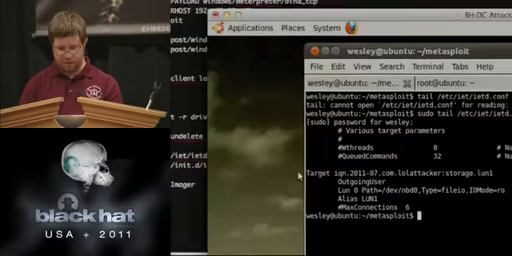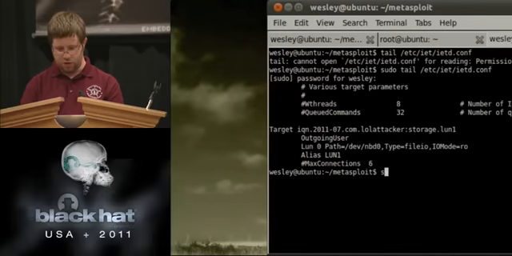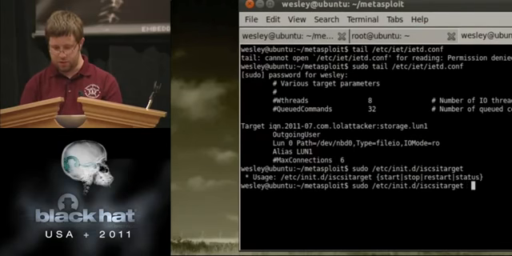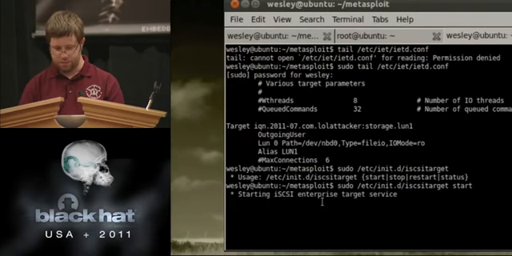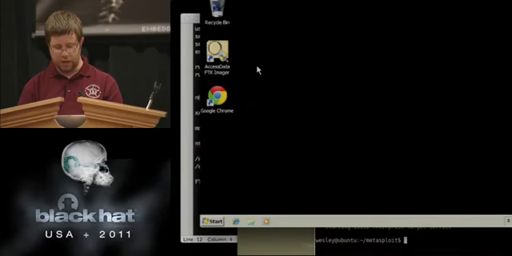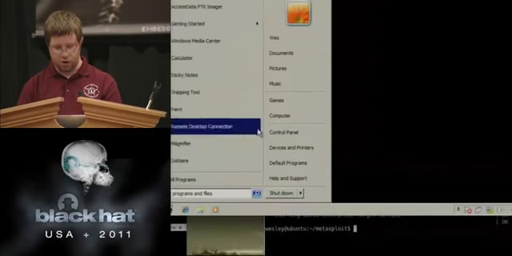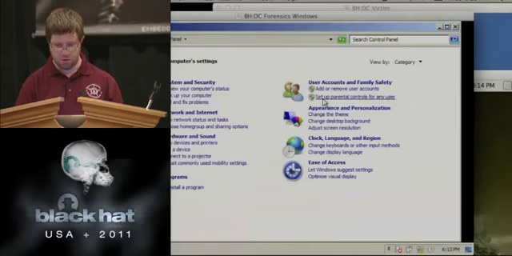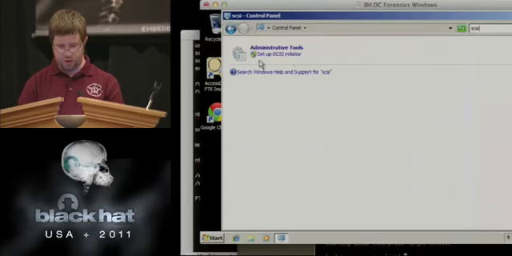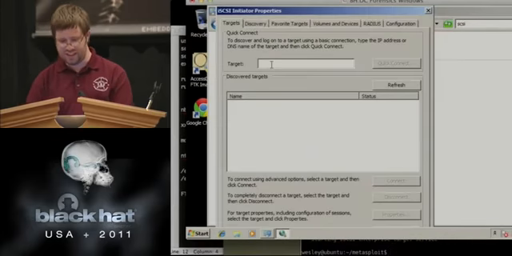So on this side of things here, we're going to sudo etc and start up the iSCSI server. iSCSI target start. And that doesn't take long. Now on the Windows side, we can go to our control panel, and I have no idea where it is in there, and I always just wind up doing the search to find the iSCSI initiator.